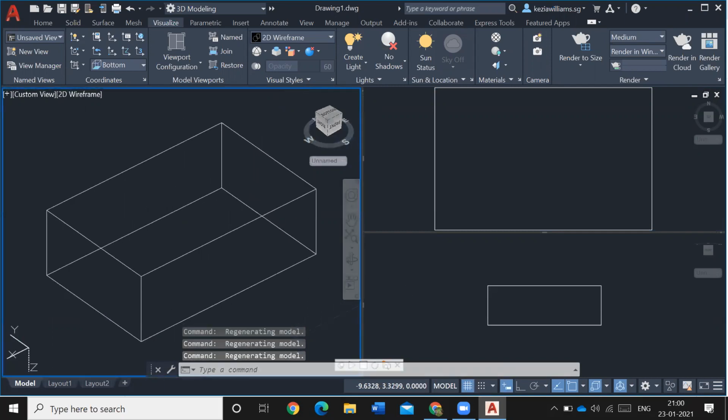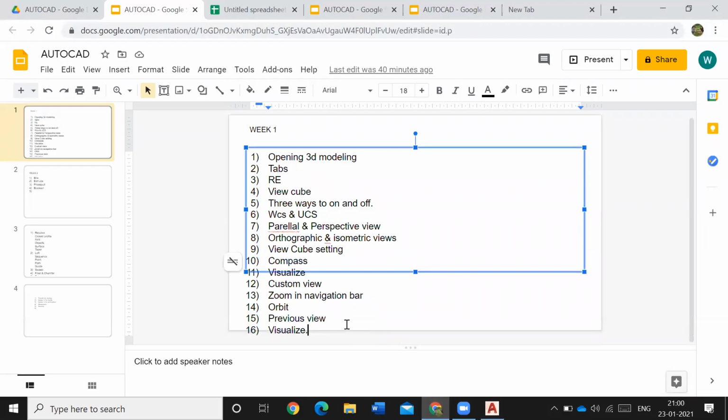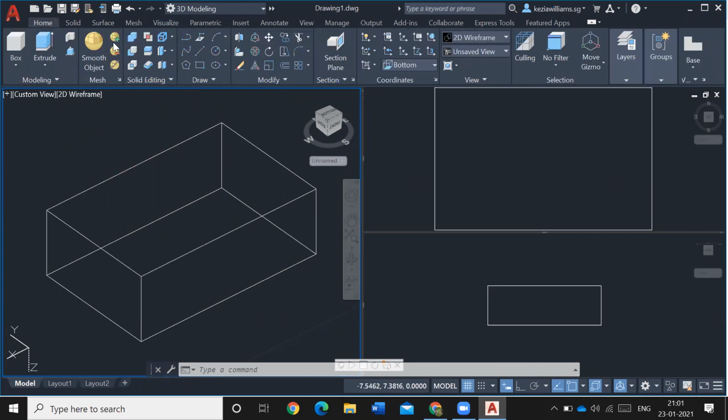Then I'll go to the next one. Next what I need to teach: orbit, visualize. Last week I taught visualize. Visualize is the command that I told you that lets you have a different view. Now I'm going to teach the 2D wireframe.